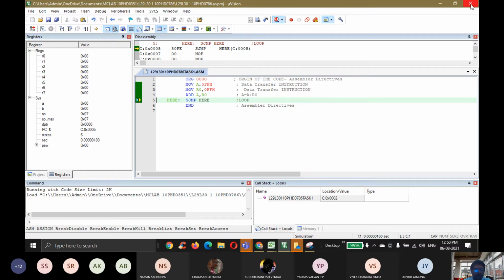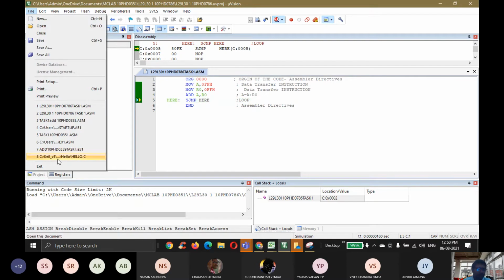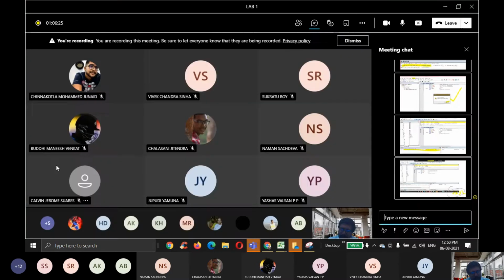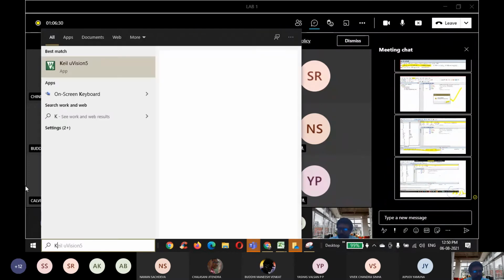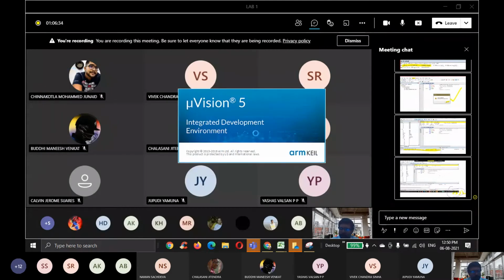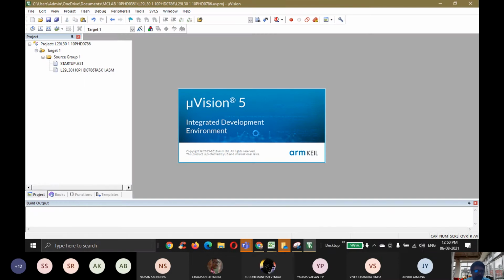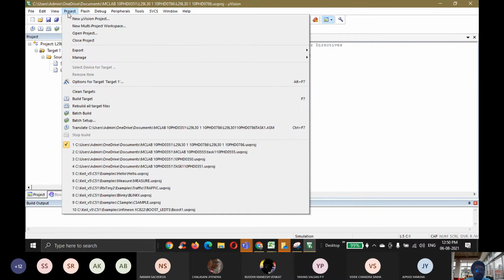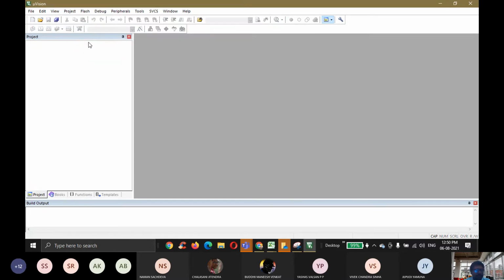How to execute the task, what are the things we have to do. I will explain again. I am closing this particular project. Again, I will create a new one for your understanding. In Microvision, I'm opening this particular software. The second time, how will it look? It will open like this. Whatever is there, no, sir, I don't want all these things. Then you go and close the project. Close everything. Firstly, it will look like this.